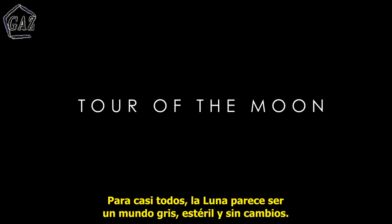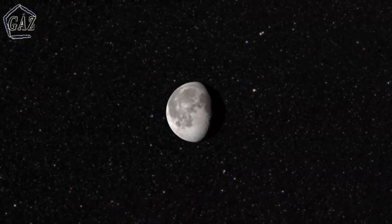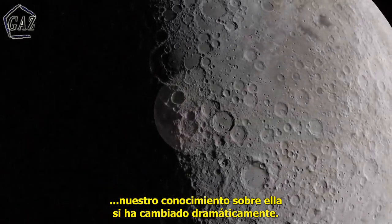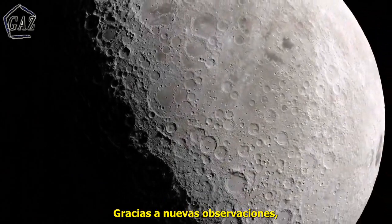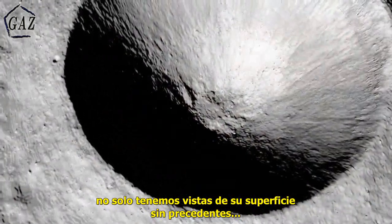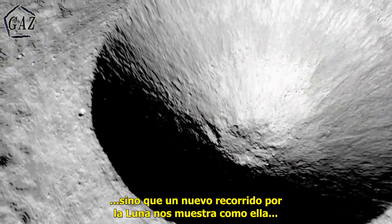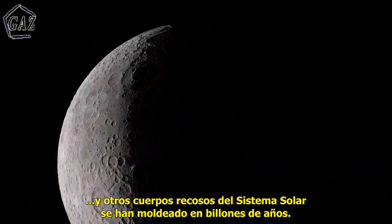To nearly everyone, the moon appears to be a sterile, gray, unchanging world. But while the moon has remained largely unchanged during human history, our own understanding of it has evolved dramatically. Thanks to new observations, we now have not only unprecedented views of its surface, but a whole new tour of the moon that shows how both it and other rocky planets in our solar system have been shaped over billions